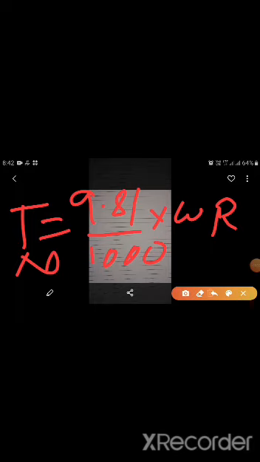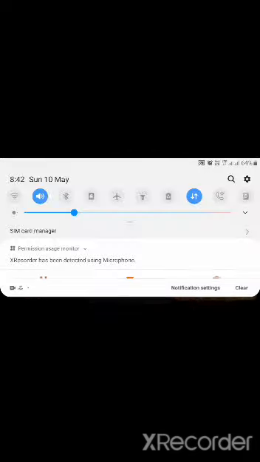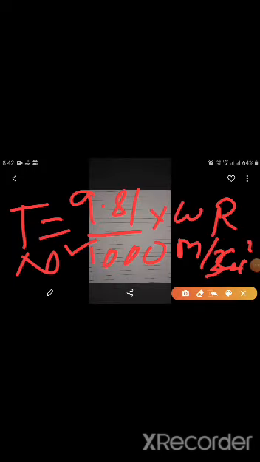Kg into newtons. Because 9.81 means here it is a meter per second square here. So kg meter per second square is nothing but a Newton. R is in meters here. So all together, divided by 1000 makes Newton into what here? Kilo Newton. So like this, torque is substituted in kilonewton meter. 9.81 into W into R divided by 1000.